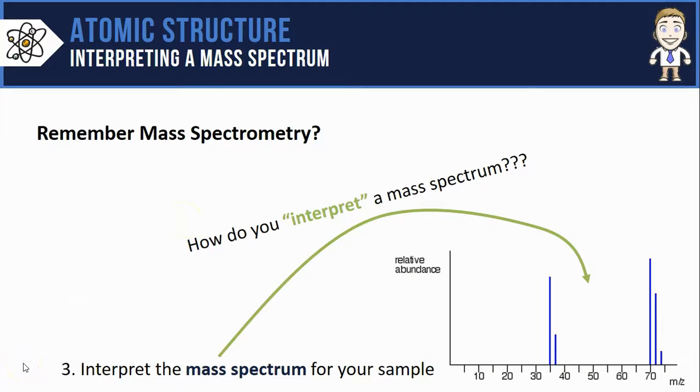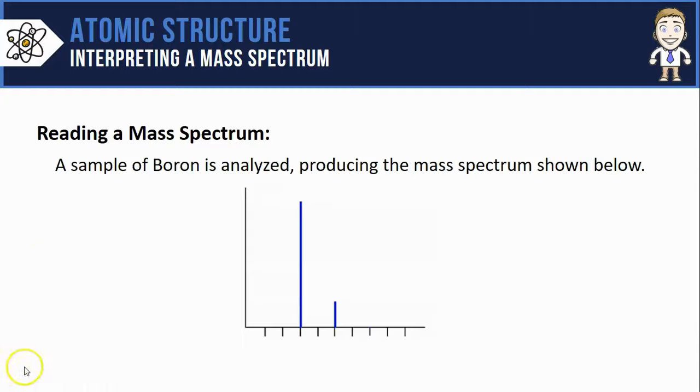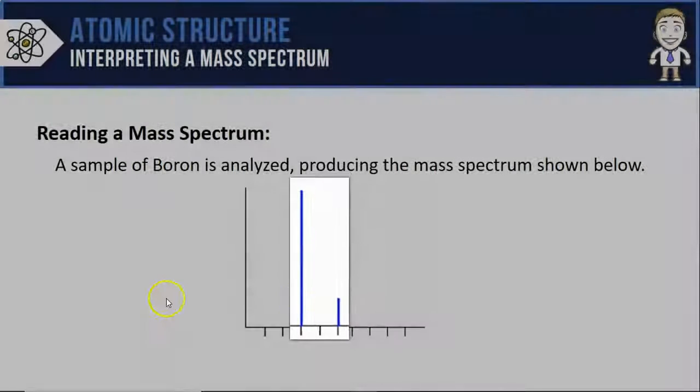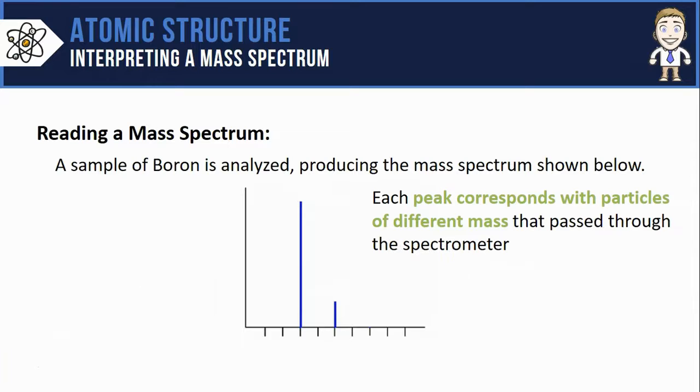We call this graph a mass spectrum, and in this video we're going to start to learn how to interpret it. So let's say I took a sample of boron atoms and had them analyzed by a mass spectrometer, producing the mass spectrum shown below. The first thing you'll notice on this and any other mass spectrum is the presence of these vertical lines. We generally refer to these vertical lines as peaks. And each of those peaks simply corresponds to particles of different mass that got passed through and separated by the